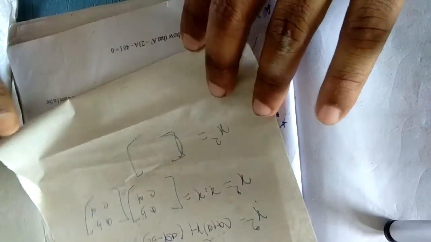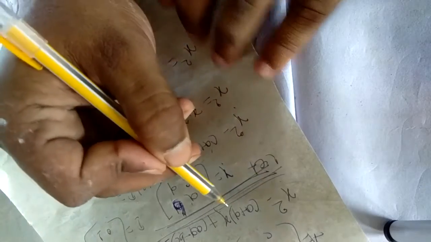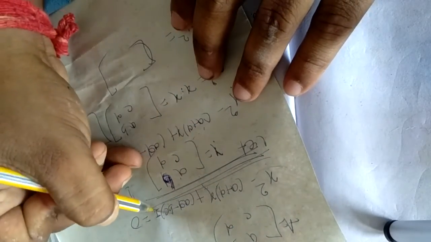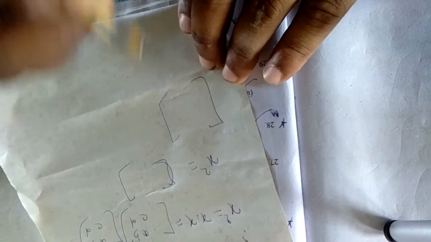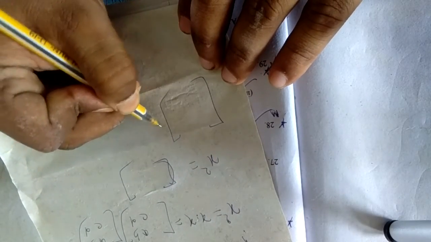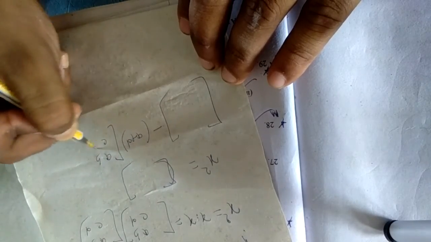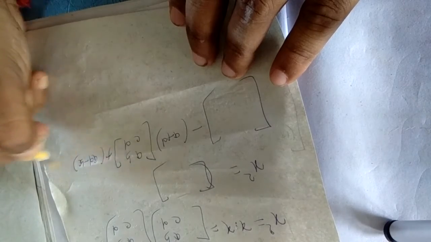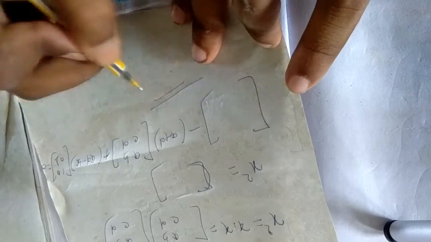Now using these equations, X square minus A plus D into X plus AD minus BC into I, means identity matrix. You can solve. Likewise X square matrix minus A plus D into X equal to AB and CD plus AD minus BC into I, means identity matrix 1 0 0 1. You can solve and prove.